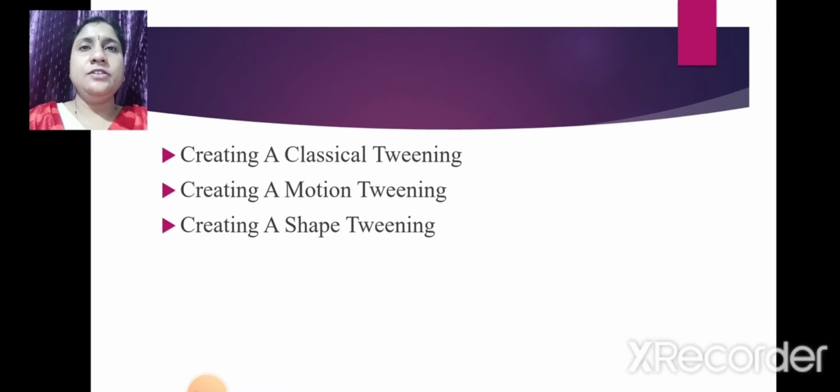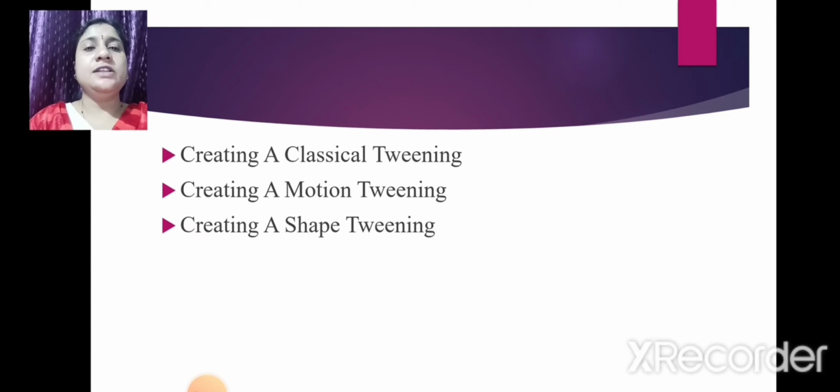You can use shape tweening to morph one shape to another. For example, you can morph a circle into a square. Shape tweening can only be applied to shapes, like circle, square, rectangle, polystar. It will apply on shapes only. Getting? Yes, now we will see it practically.